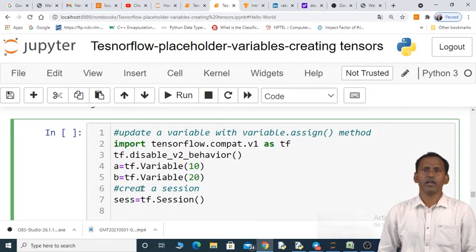Here session is an object. TF is a package, and we can create a session by using the Session class.